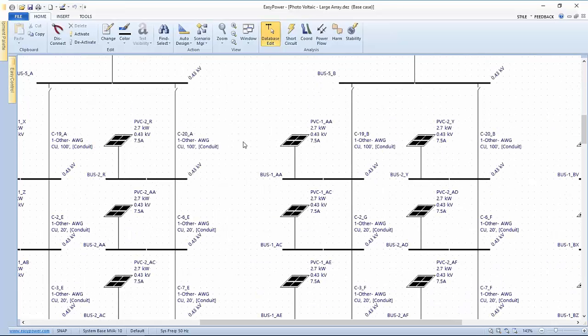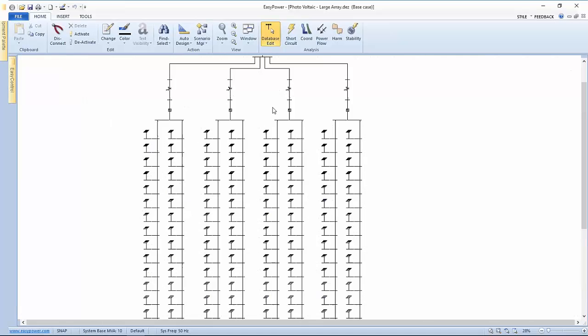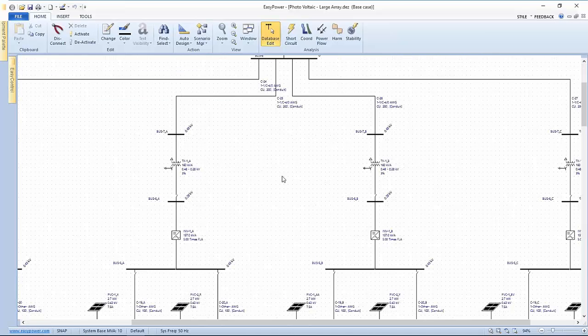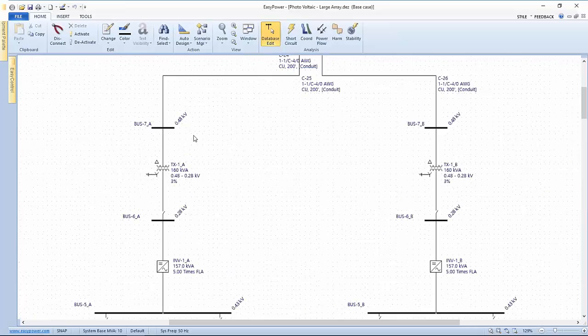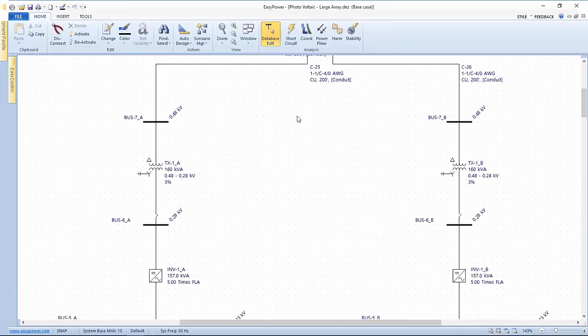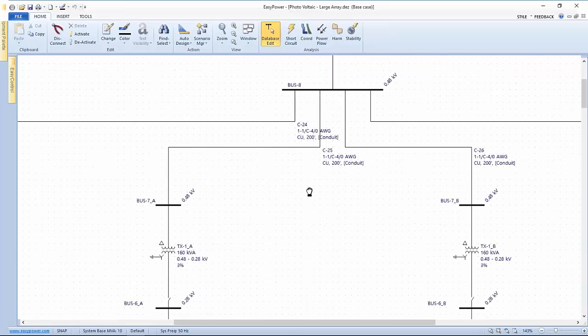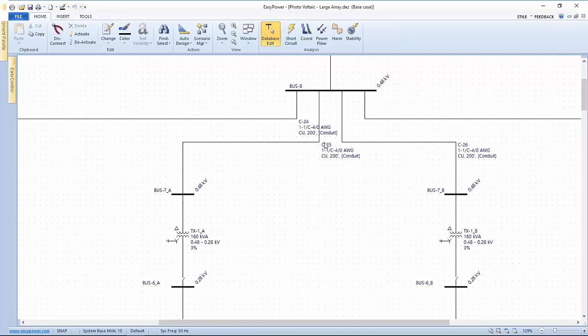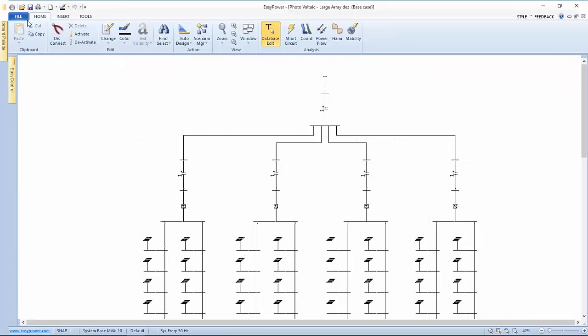So this is one system that I think is valuable in seeing how the system was set up, but in essence it's an array of 2.7 kilowatt, 7.5 modules, and 4 different collectors, and all run through a transformer to generate 480 volts at some significant current. The other, and again, just contact me, Jim at EasyPower.com, or leave a comment on a question sheet or question box, and I can send you a copy of this along with the other example,